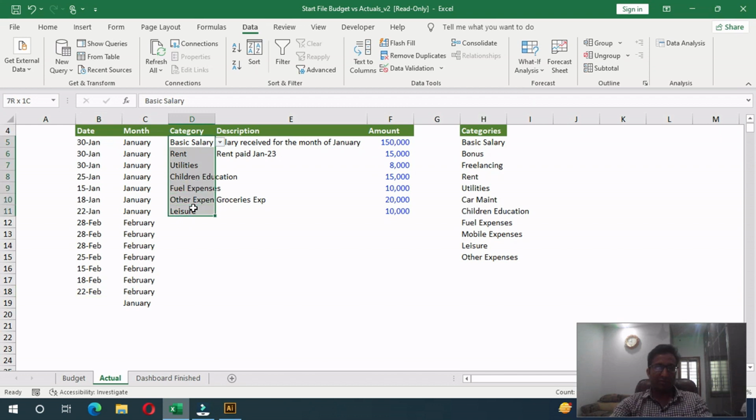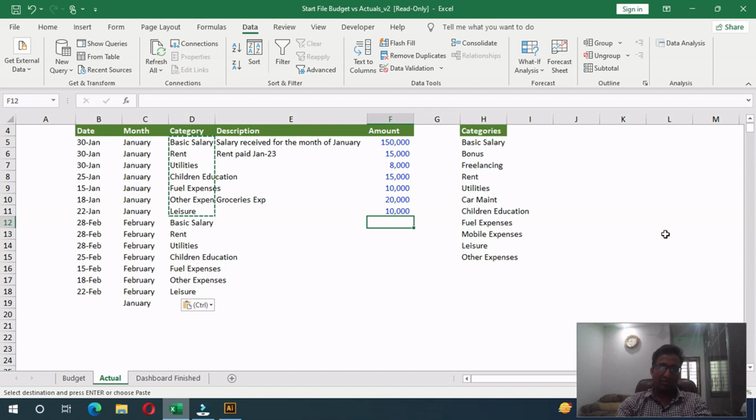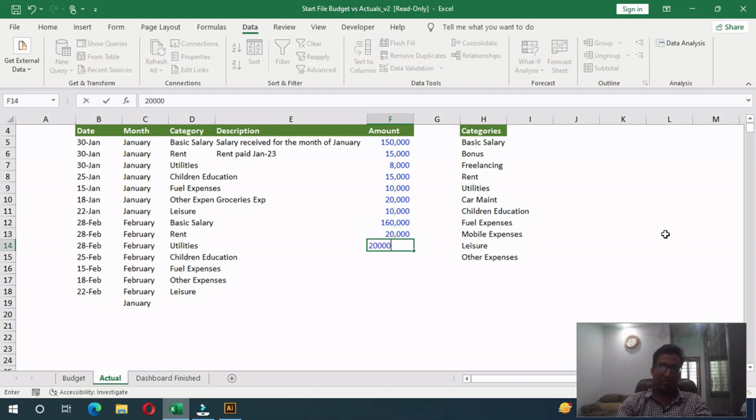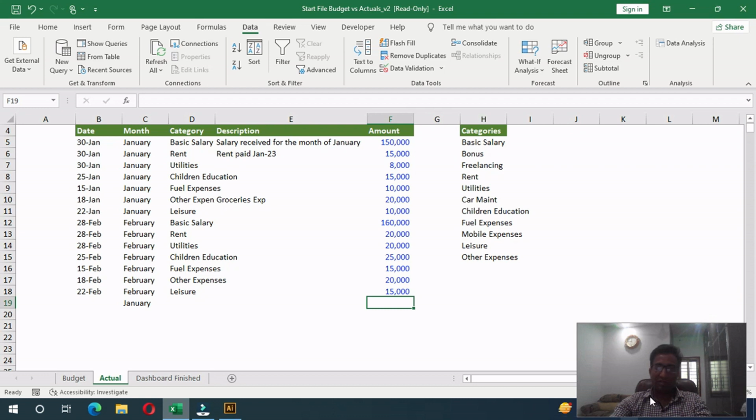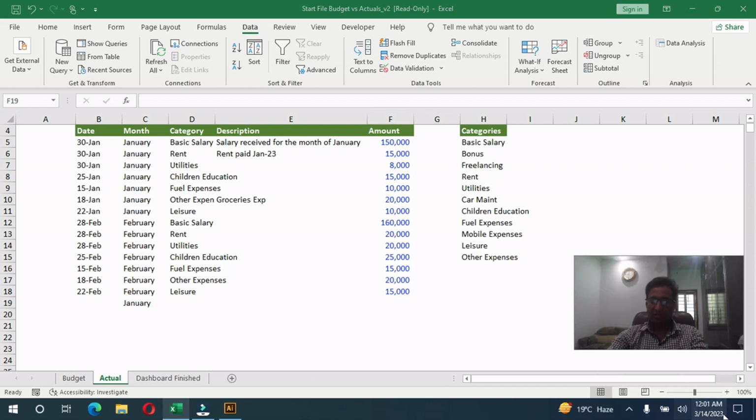Let's assume that the expenses were the same categories, but the amount you can put in whatever you think is fit. So let's do 160,000, rent 20,000, utilities 20,000, 5,000, 15,000, 20,000, 15,000. Now in Jan, February, March, you are on